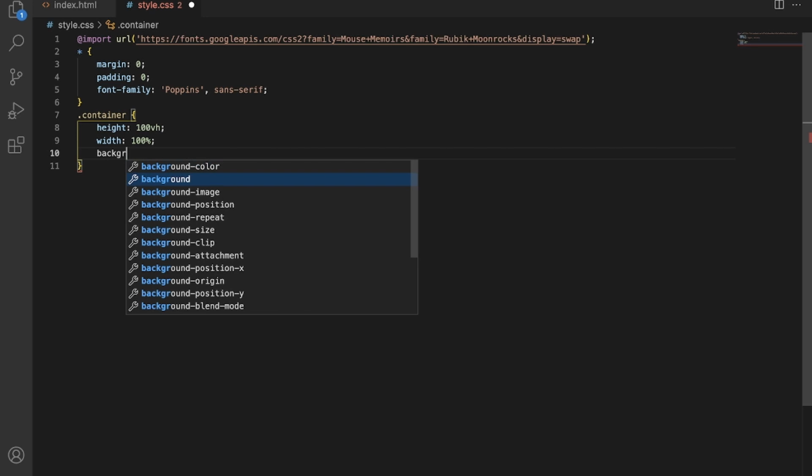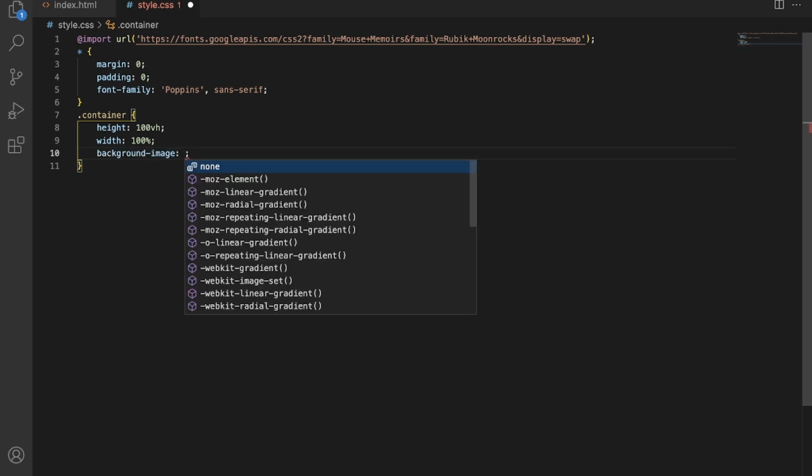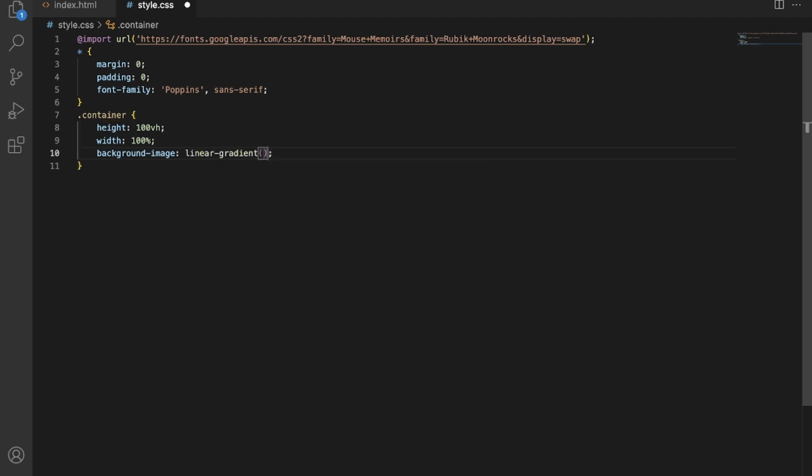Now firstly let's import our background image. I will write linear-gradient to use some color, and here I will write rgba 0, 0, 0, 0.85, again rgba 0, 0, 0, 0.85, and here url, and here I will import my background image. So I will just write the name here.